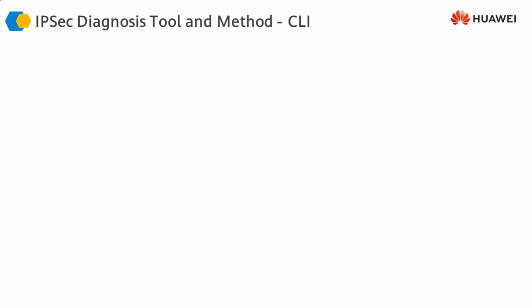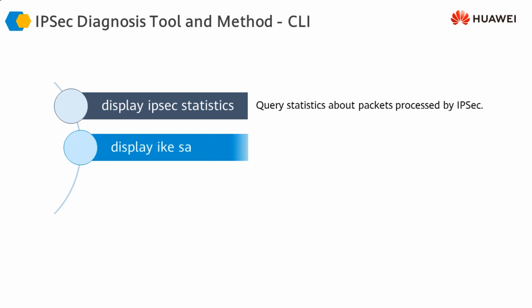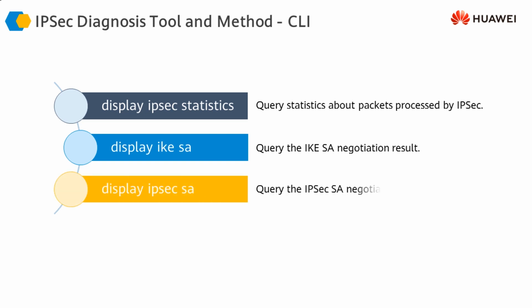You can also use command line CLI commands to do the troubleshooting. As we saw earlier, you can use the display IPsec statistics command to look at the traffic that is being secured using IPsec. You can issue the display IKE SA command to see the IKE key exchange and IKE security association development if there are any issues. And then you can also use the display IPsec SA command to see the IPsec security association development between the two sides. Using these commands, you can do relevant troubleshooting, and if there are any errors or issues, you can see them and troubleshoot appropriately.